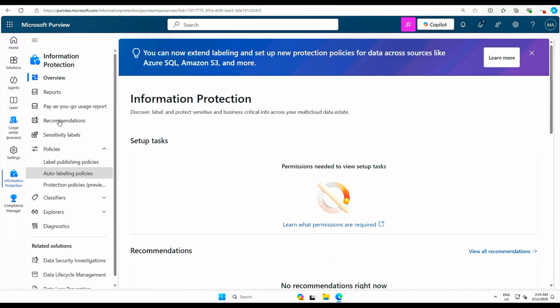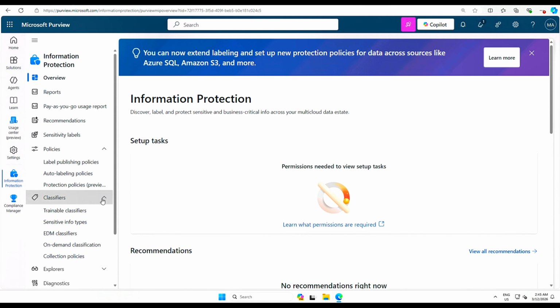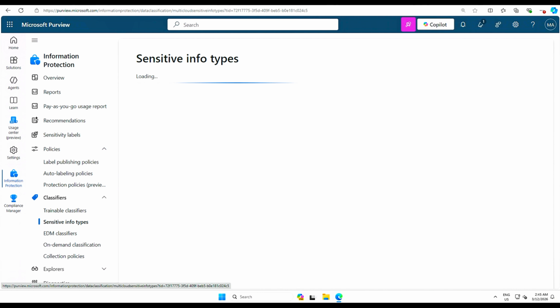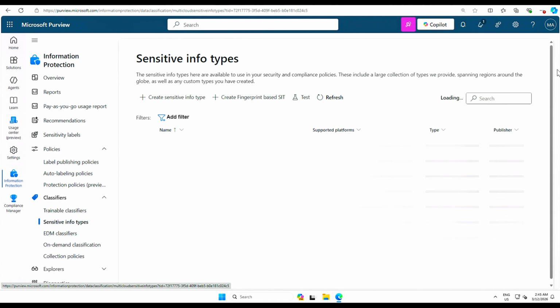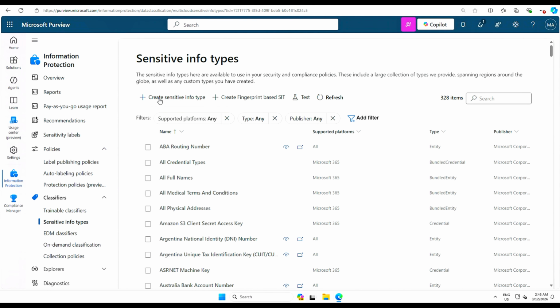Now on the left side, expand the classifiers options and select sensitive info types. When you are in this sensitive info types space, click on create sensitive info type,